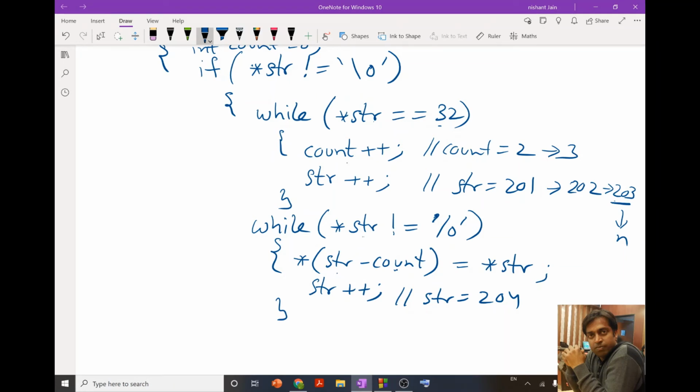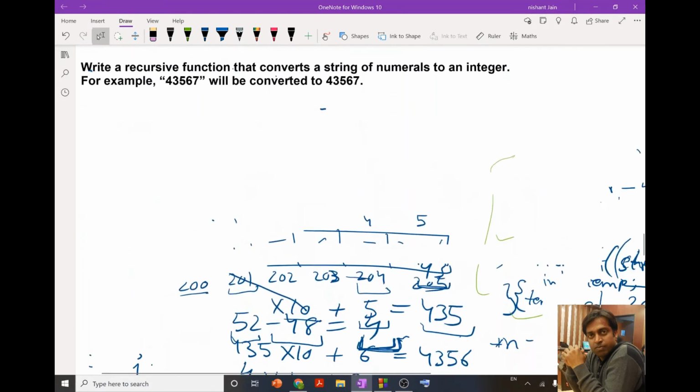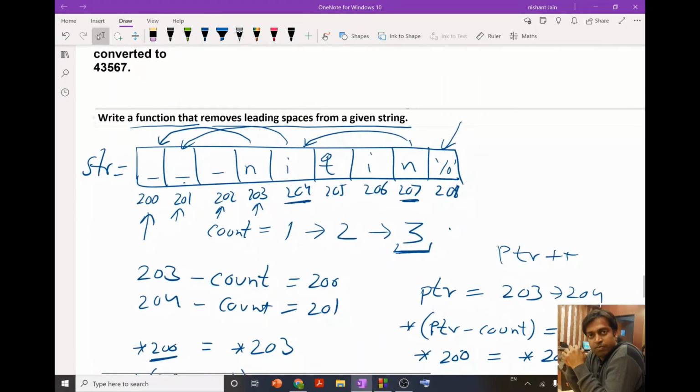Over here we have star str minus count, 204 minus 3, it is 201. So value at 201 is equal to value at 204, meaning i will be copied to 201. So we will keep on doing this unless and until at 208